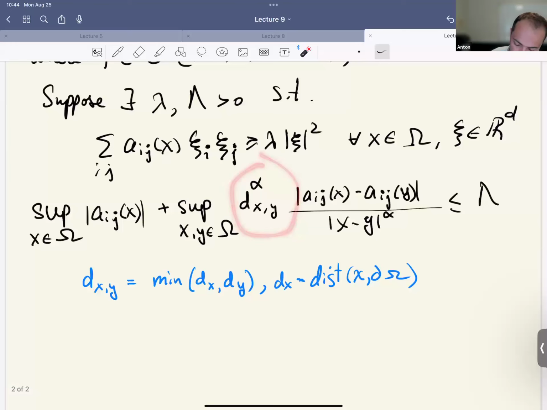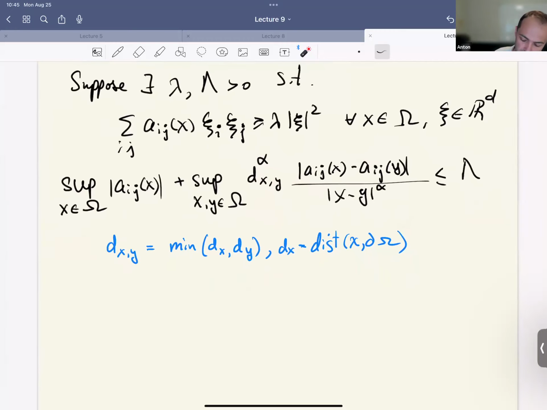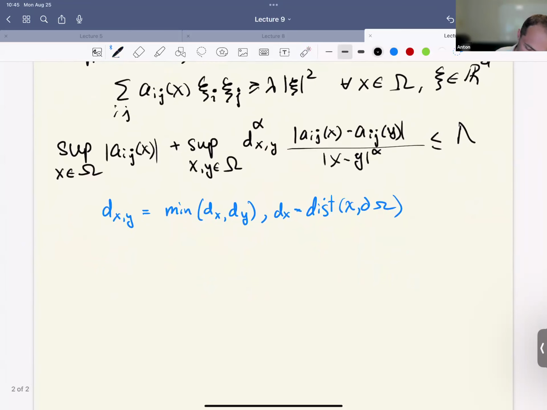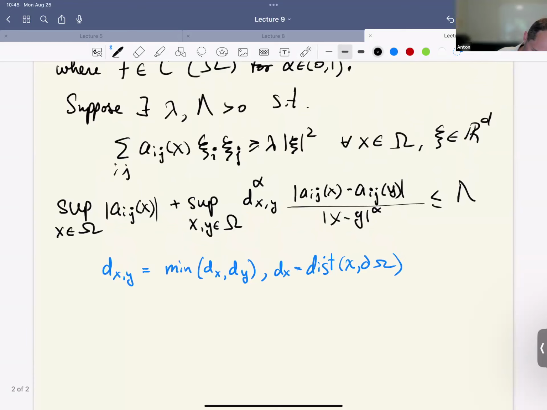So the d, I'll come back to it later, but the first condition is basically saying that the diffusion coefficient is bounded itself. On the small set, the maximum of the diffusion coefficient is bounded by lambda, but also its derivative is bounded as well. Its derivative is alpha Hölder, with lambda serving as the upper bound. Good. That's condition number one. Condition number two, let me number these. This is 1, 2. Condition number 3,